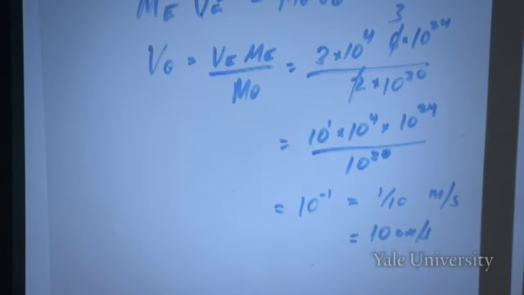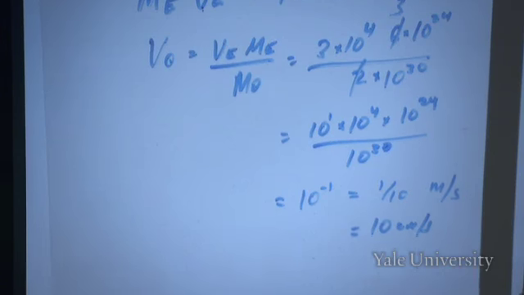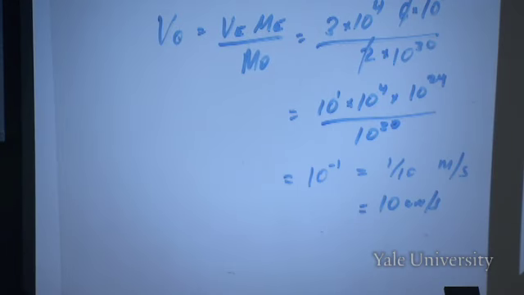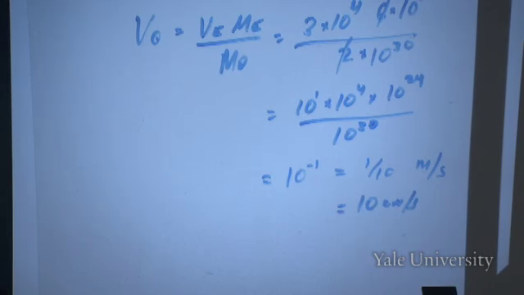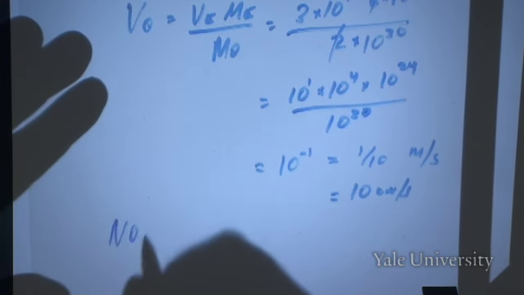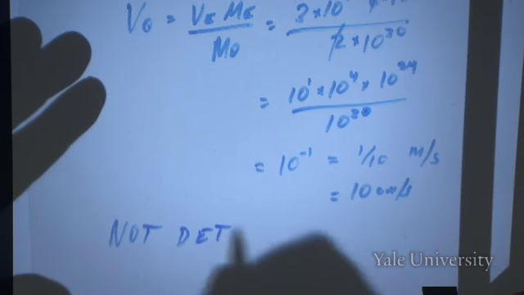So that's much, much slower than the Sun moves in response to Jupiter. Why? Because the Earth is so much less massive. So 15 meters a second as a result of Jupiter, only 10 centimeters a second, 1/10 of a meter per second, as a result of Earth. And with current technology, things that slow are not detectable yet